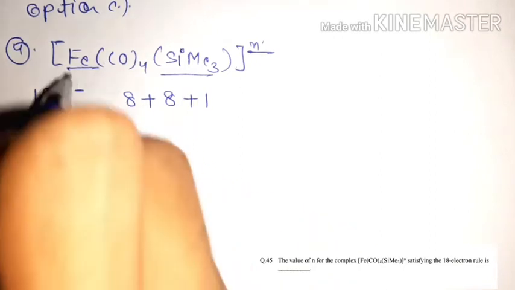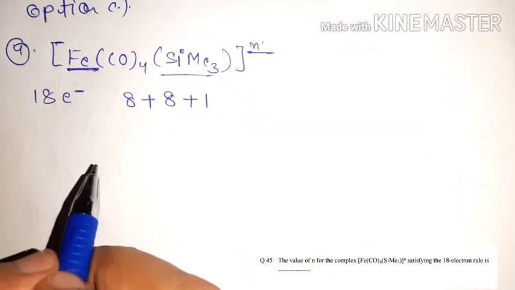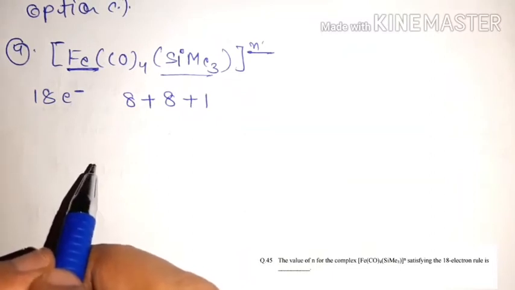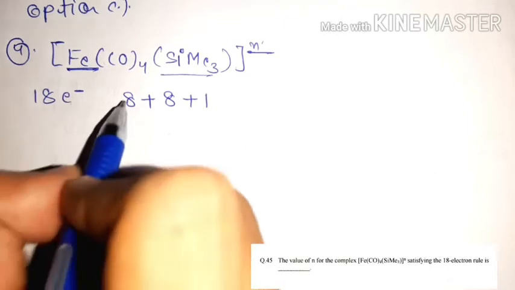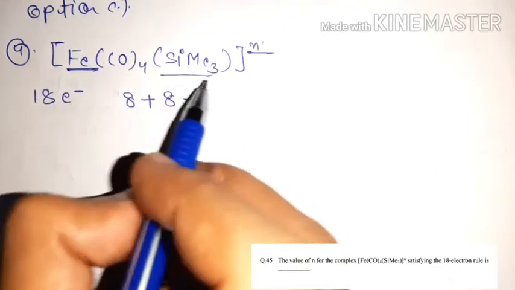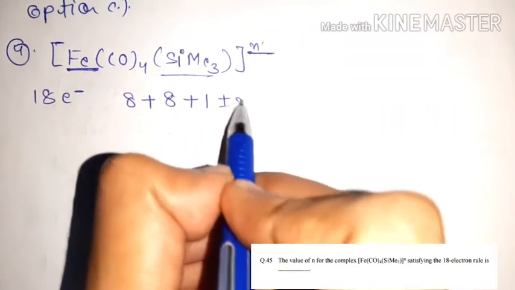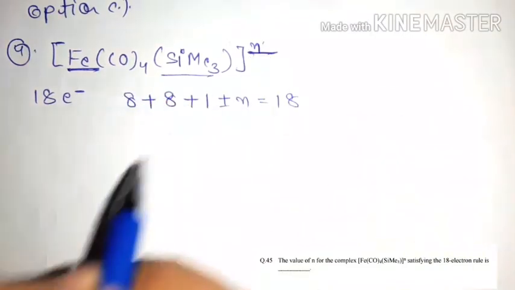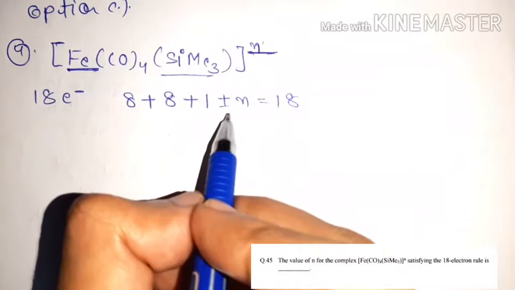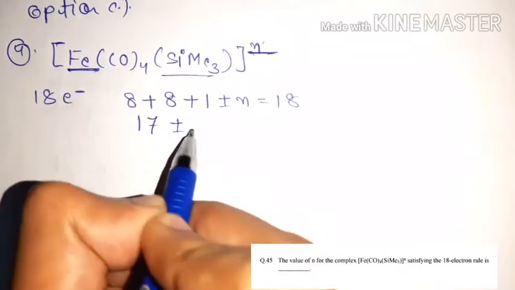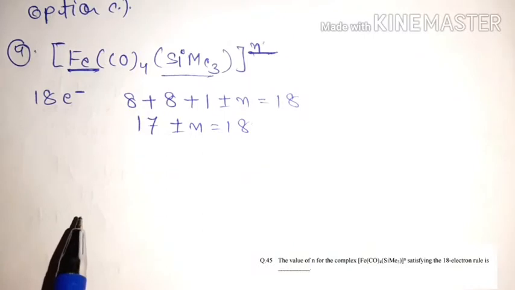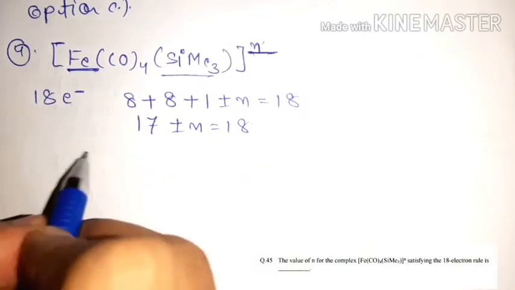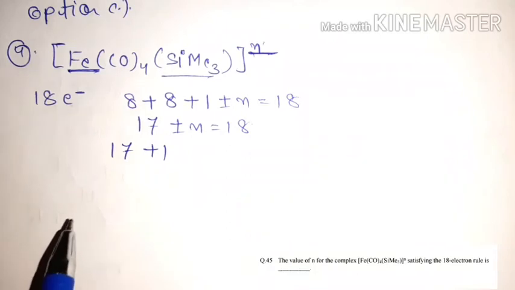Okay, because of that Fe has 8 electrons in its valence shell, that is the 3d6 4s2 electronic configuration of Fe. So Fe has 8 electrons, 1 electron from tetramethylsilane, and adding plus or minus n will equal 18. Here you can balance this 18 by the value of n. So we have 17 electrons plus or minus n equals 18 according to this condition. So if we add 1 electron, then it must be 18. So it means the complex has an extra 1 electron,